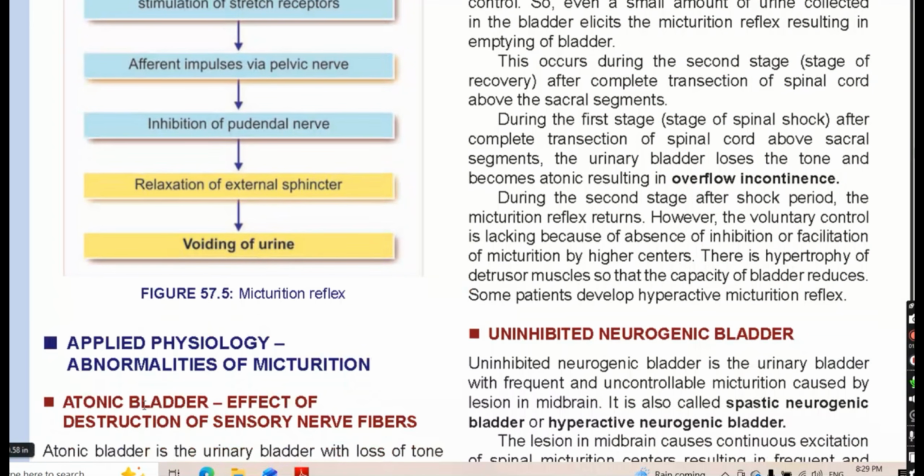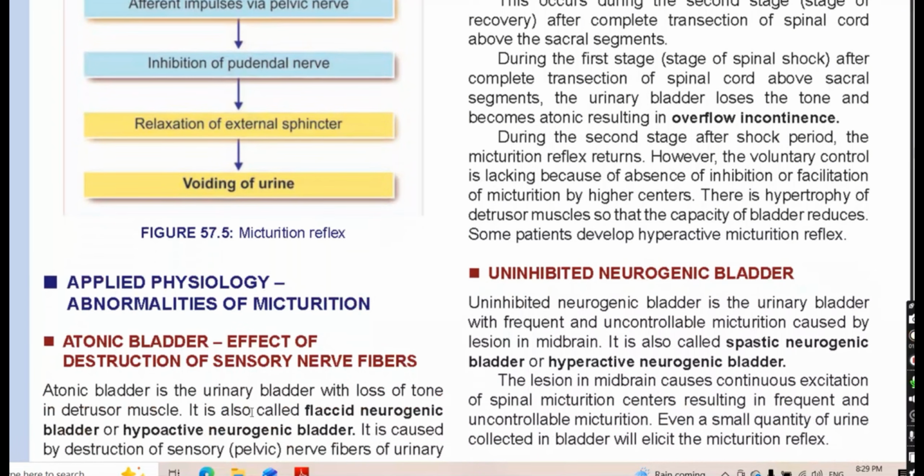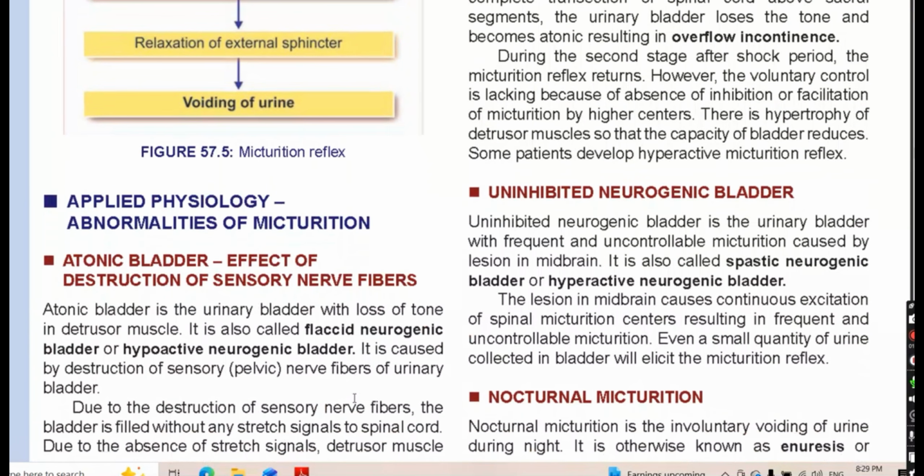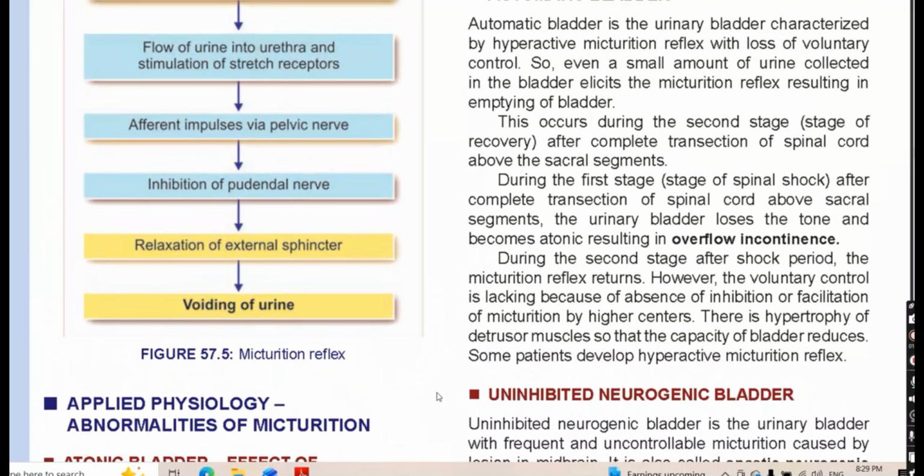One is the atonic bladder, the effect of destruction of the sensory nerve fibers. The atonic bladder is a urinary bladder with loss of tone of the detrusor muscle, also called the passive neurogenic bladder or hypoactive neurogenic bladder. It is caused by destruction of sensory or pelvic nerve fibers from the urinary bladder. So due to this destruction of sensory nerve fibers, the bladder is filled without any stretch signal to the spinal cord. Due to the absence of this stretch signal, the detrusor muscle